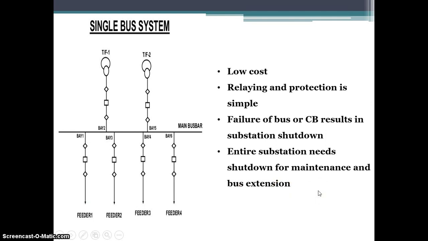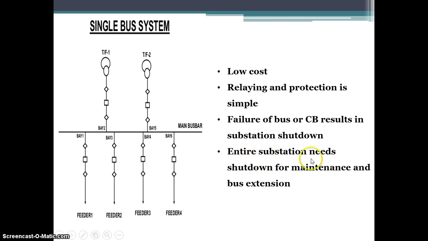This type of arrangement is commonly used and it is a low cost type of arrangement. Here the relaying and protection is simple. Also, if there is any fault on the bus or failure of circuit breaker, then the complete substation needs to be shut down.